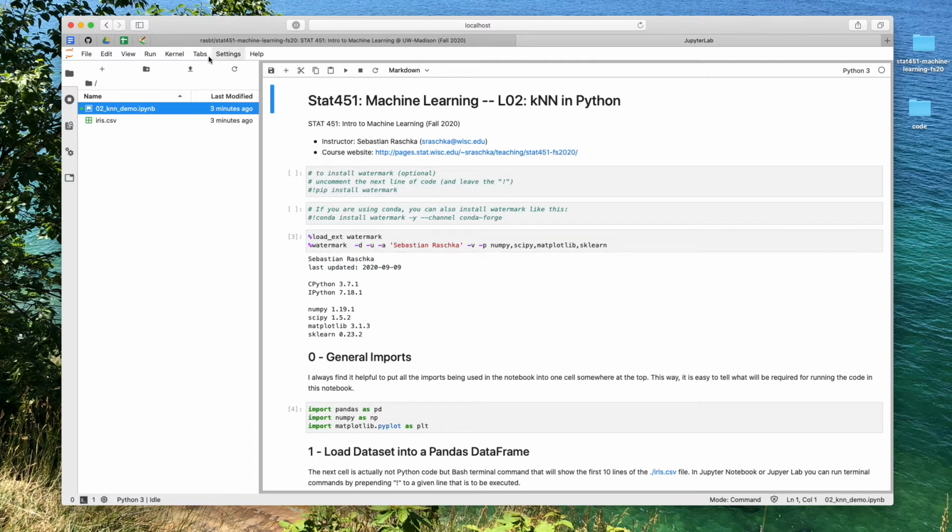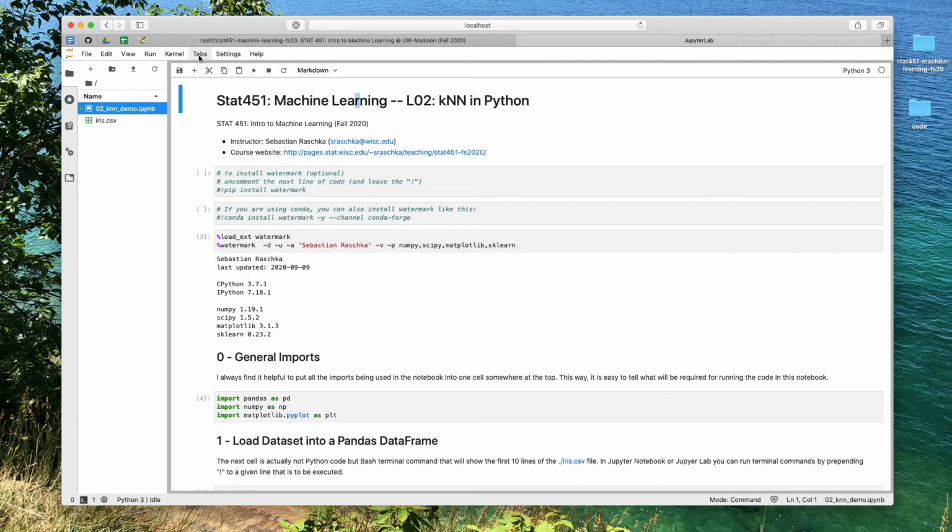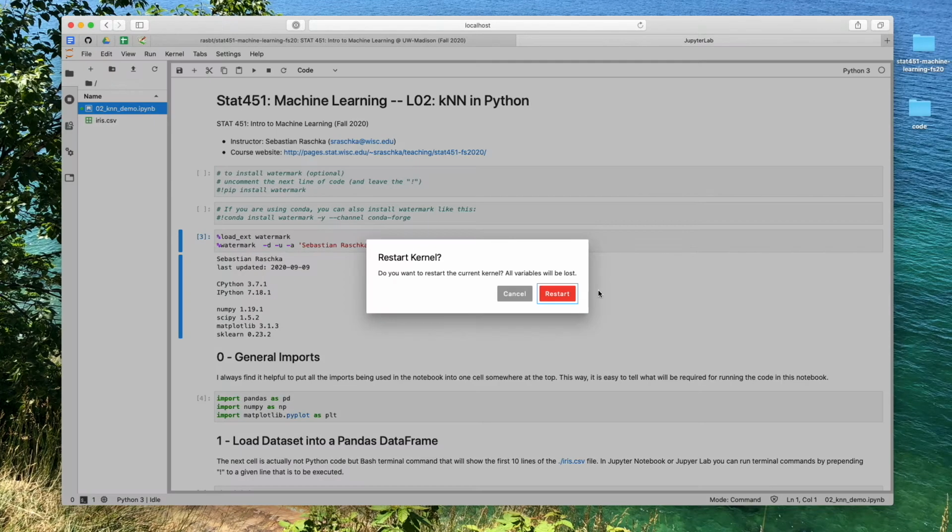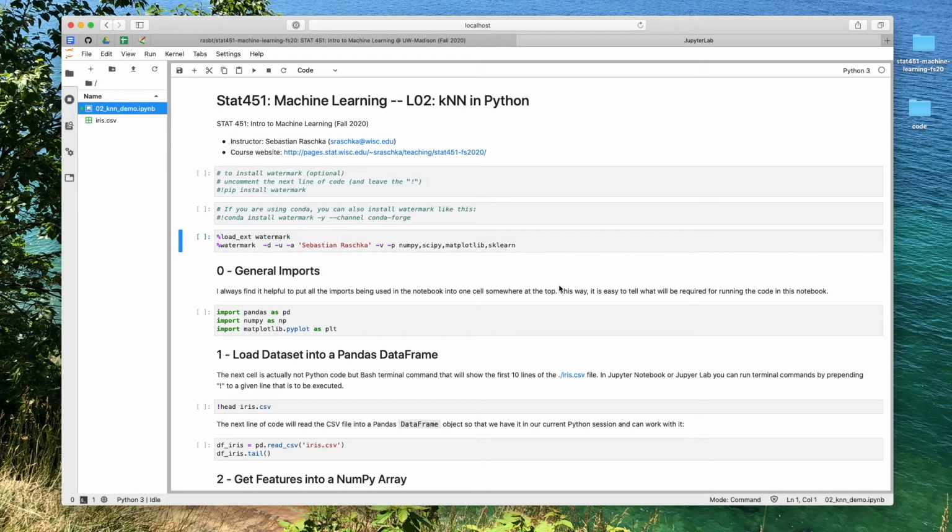Now let me clear these outputs here, so that I can execute them step by step and go through them step by step, so it's not overwhelming. So you will see the results while I execute them. And again, in the next lecture, I will talk more about Jupyter Notebook or Jupyter Lab, and will show you how you can set it up. Or actually, I will maybe also share some documentation on the GitHub repository, because sometimes it's just easier to have it in text, because then you can follow it step by step and copy and paste the commands and click the links and so forth.